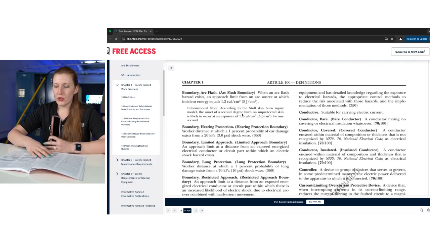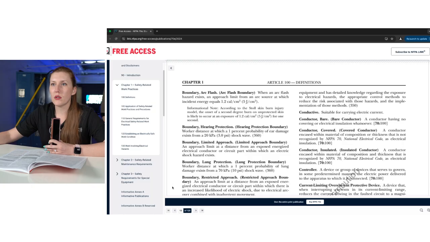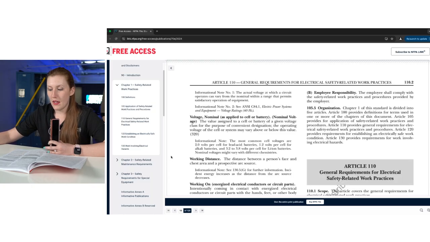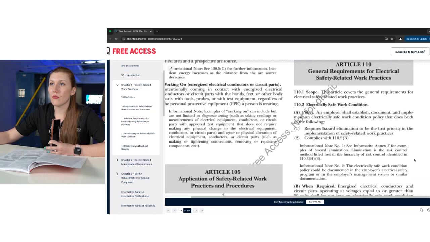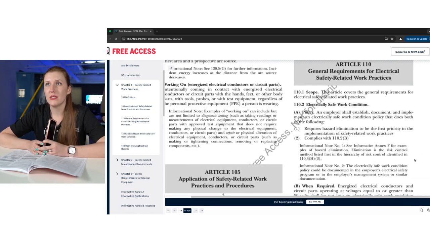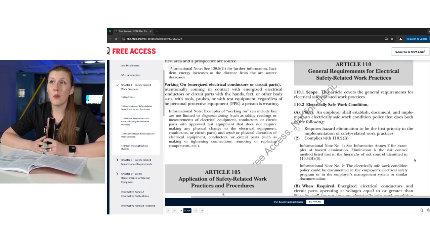Skipping over to more important things, we're going to go to Article 110 and talk about the fact that the electrically safe work condition policy is now right there. Now they have to have the scope per the NEC style manual, so 110.1 is that scope.